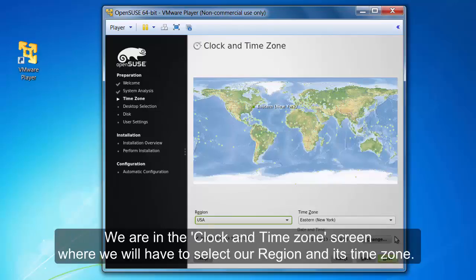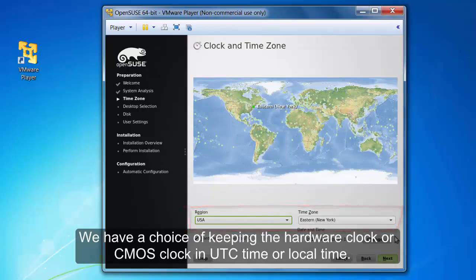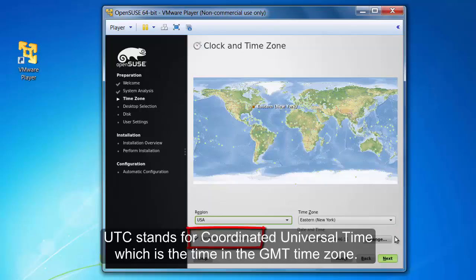We are in the clock or by selecting the region and the time zone manually from the drop-down menu. We have a choice of keeping the hardware clock or CMOS clock in UTC/GMT time or local time. UTC stands